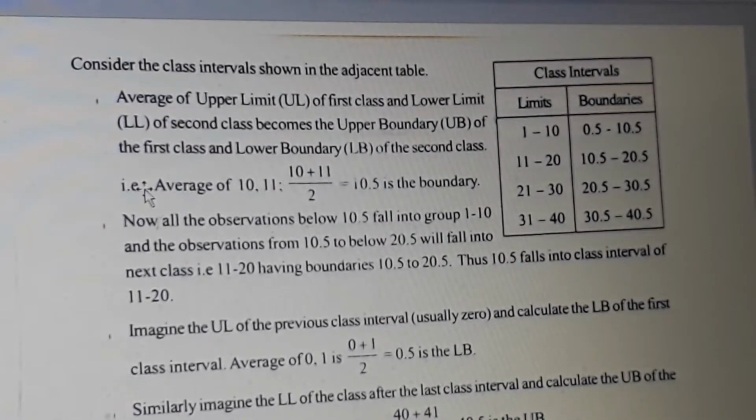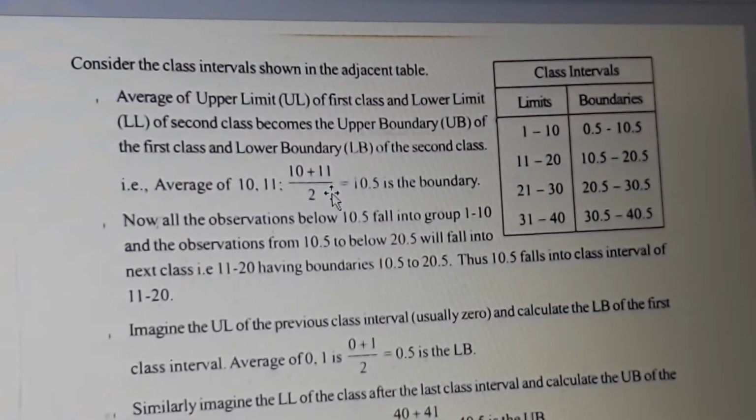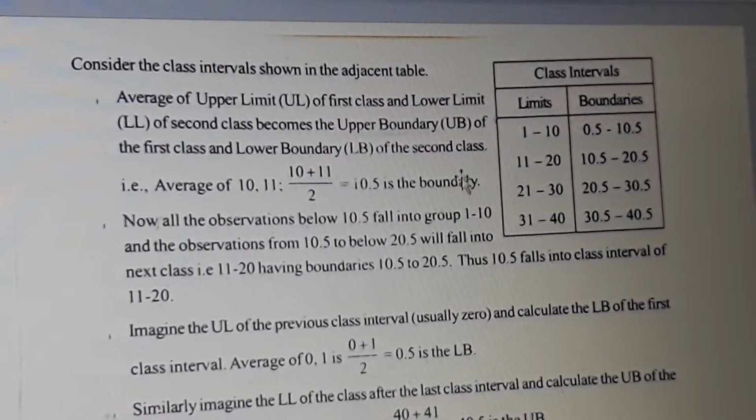That is the average of 10 and 11. This is 10 and 11. 10 plus 11 by 2, 21 by 2, that is equal to 10.5, which is the boundary. Now, all the observations below 10.5 fall into group 1 to 10, and the observations from